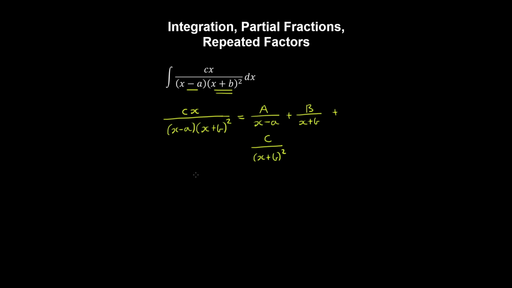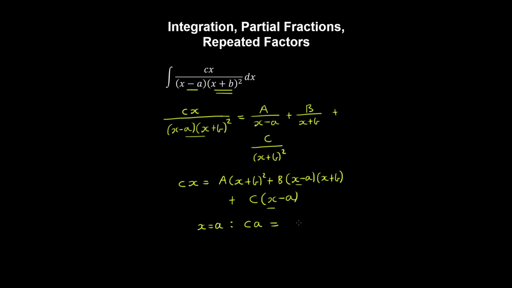And now we can follow the same procedure by multiplying through by the factors in the denominator, so we obtain the following expression. Now if we set x is equal to a, well this term disappears and so does this term. So what we're left with is ca is equal to a by a plus b squared. And then we can solve for the constant a,